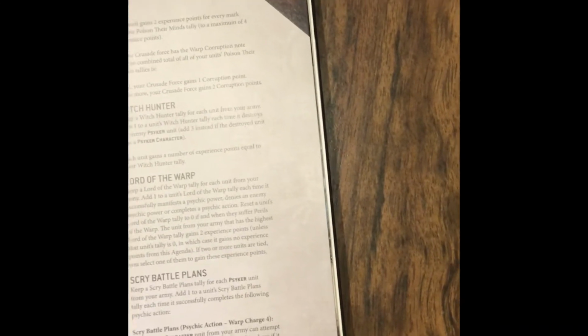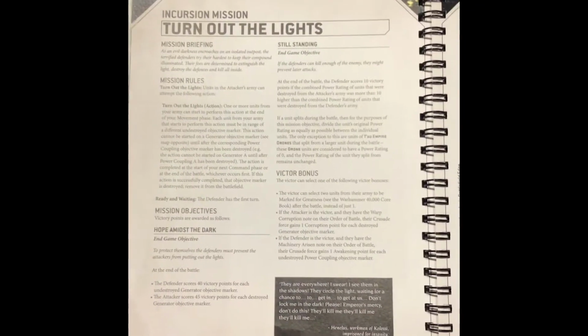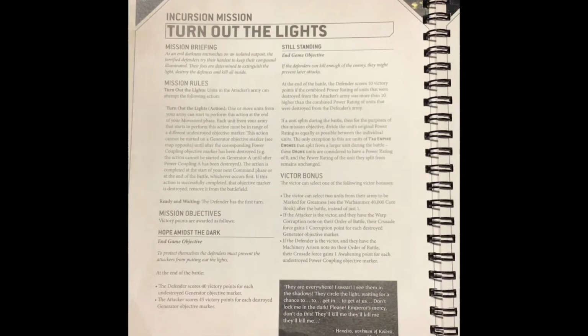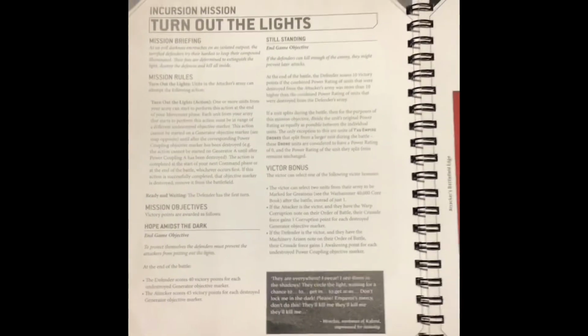Certain other ones, such as subterfuge, will also give you corruption points, and a few others. But that is not the only way to gain corruption points. You can also gain corruption points by playing missions such as Turn Out the Lights, and anyone who's played a